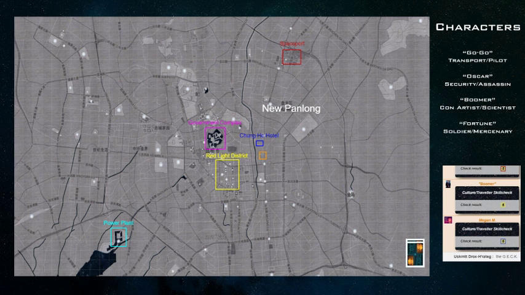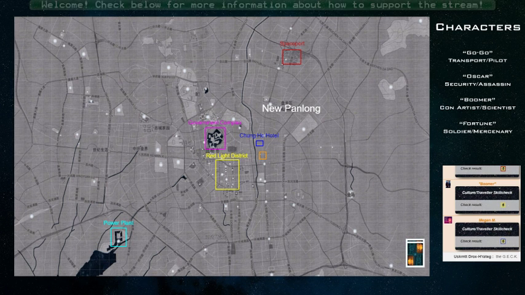Oscar, we've all been talking about this, and I think Oscar just says, well, I suppose it stands to reason that we go to the complex first to build up our cover story in case things go south. No, I agree. I think it might be a little late to go to the government complex today, but we could always do reconnaissance. It's on the way. We drive past it on the way to go to the